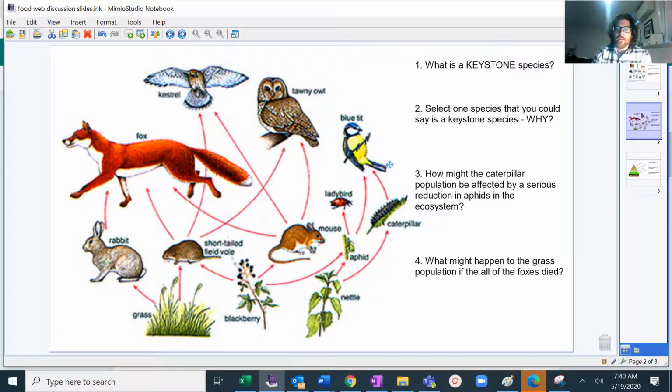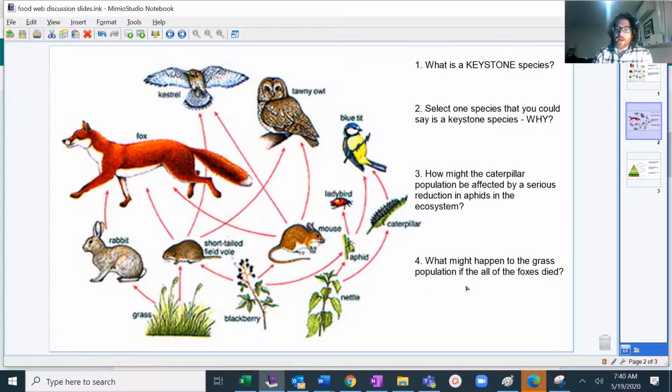And so it would be hard to tell exactly what would happen, but at first, most likely the caterpillar population would increase until the point where the bird can find them easily and start eating them. However, you would see there would be a huge issue with the ladybug, which is actually written here as ladybird, as they would have no more food sources. Finally,